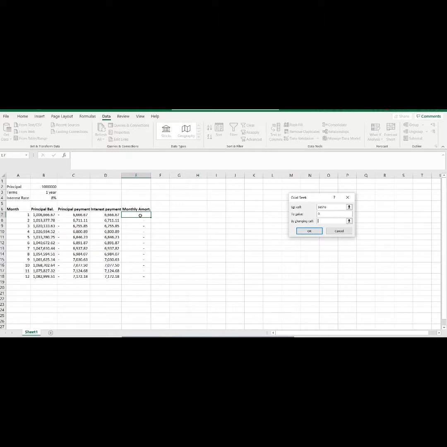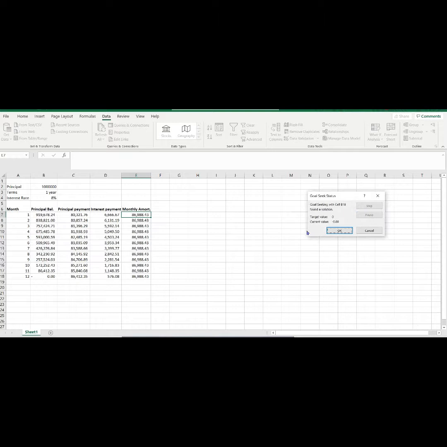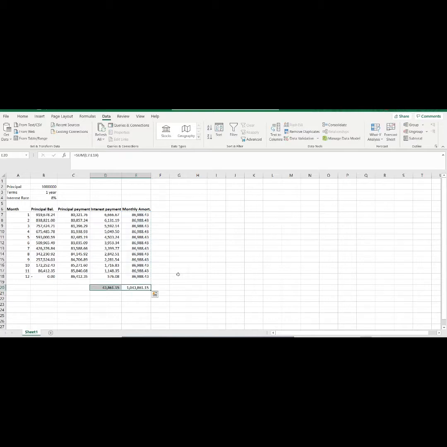How do we achieve that? We achieve that by changing, which is the next field, our monthly amortization, which in this case is on cell E7. Once done, click OK, then you will be prompted again, just click OK again. By this time you already have all your data in computing the total interest